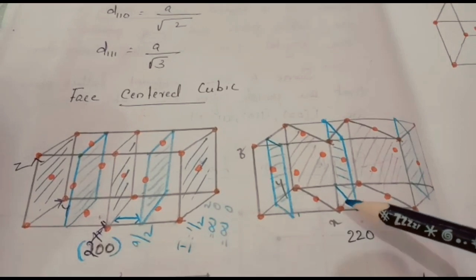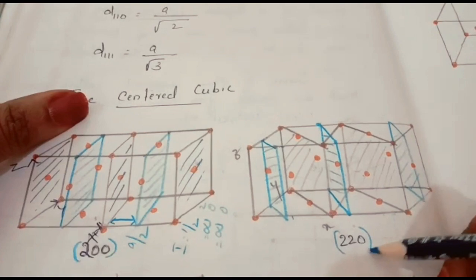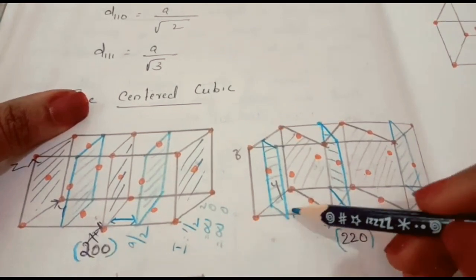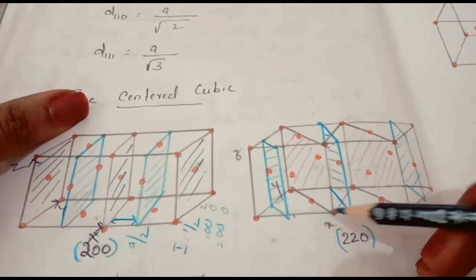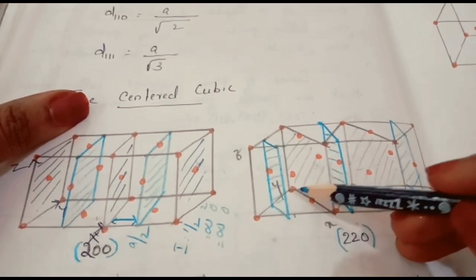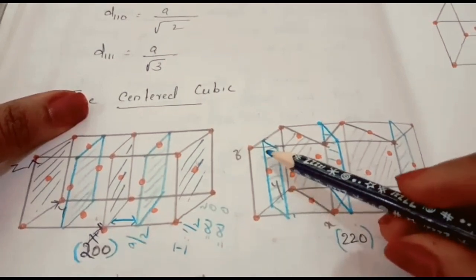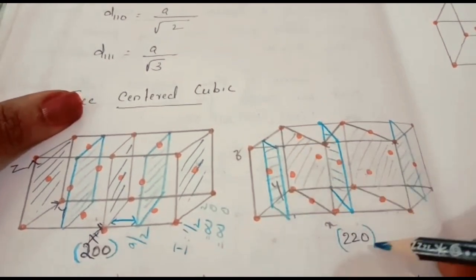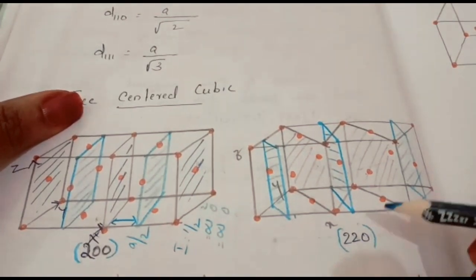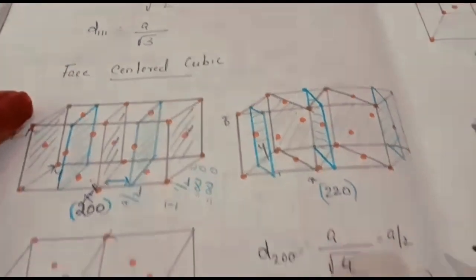You understand? So this D should be written as the 2, 2, 0 plane. Why have we written 2, 2? Because this one is half of the intercept. For 1, 1, 0, it was 1 because it was touching x and y. But here it is touching half of x and half of y. That is why we have written here the 2, 2, 0 plane. Then the distance is also half of D110 of the simple cube. So we can write here